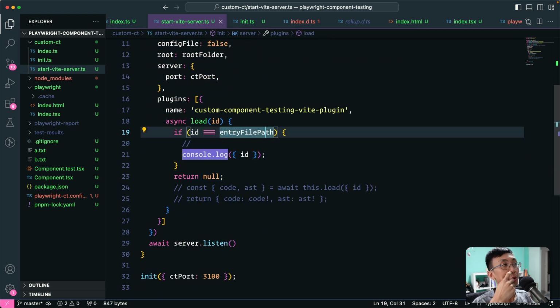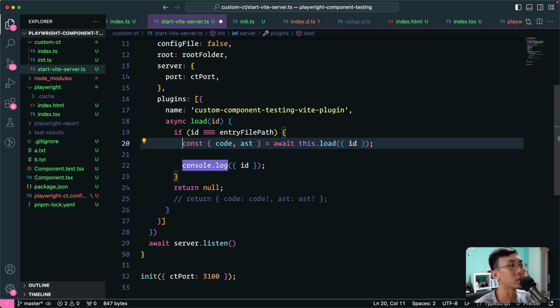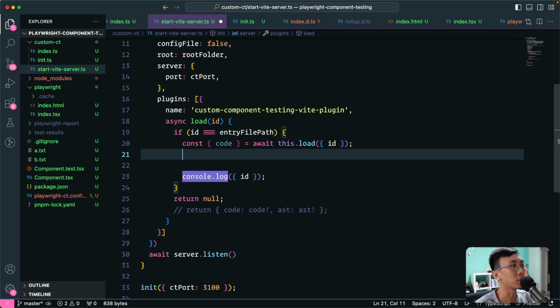And in our entry file path case, what we need to do is load the code, and then return